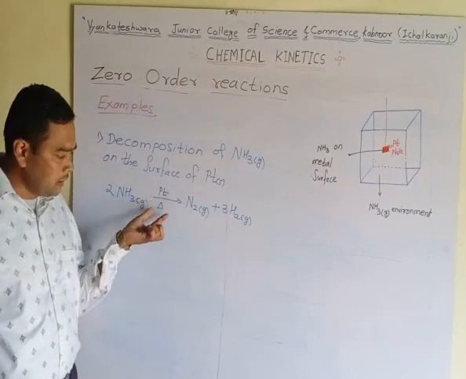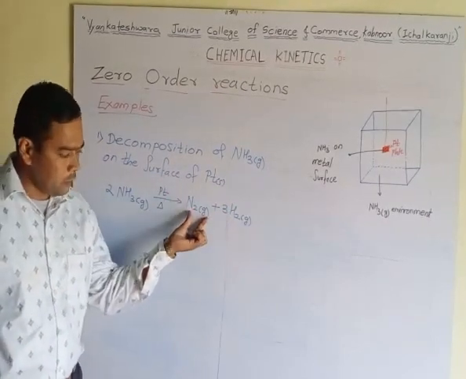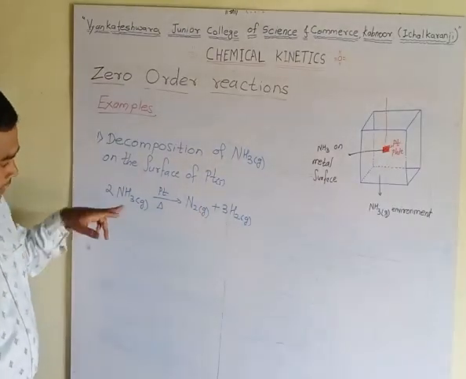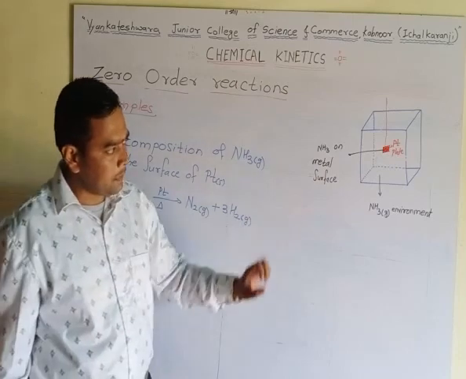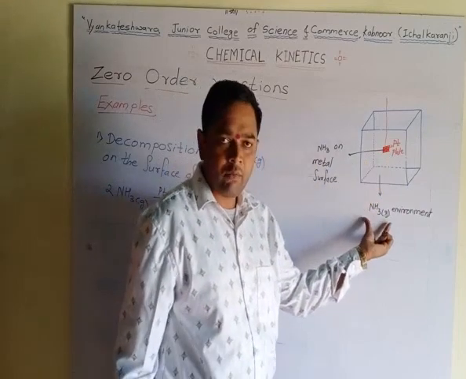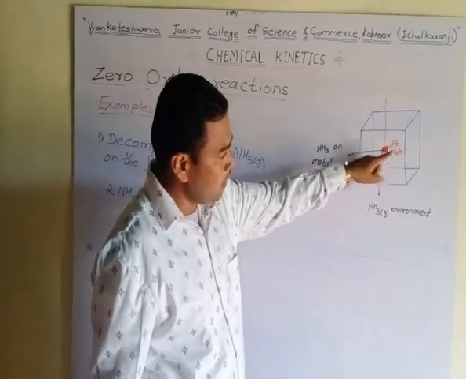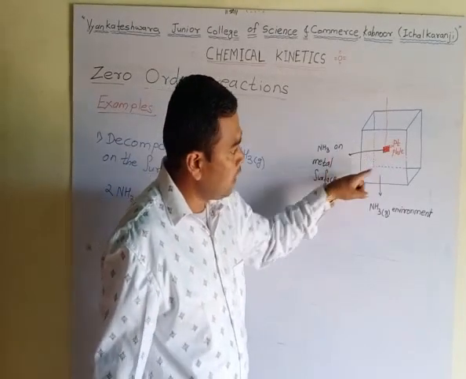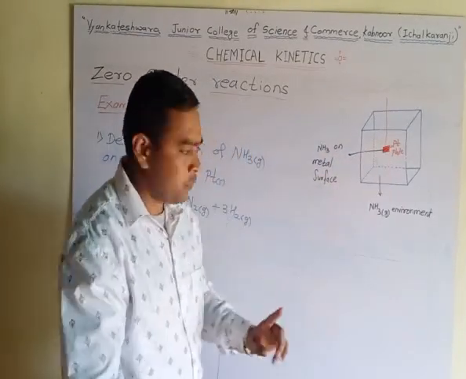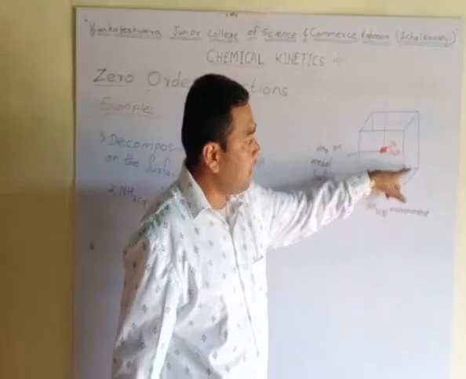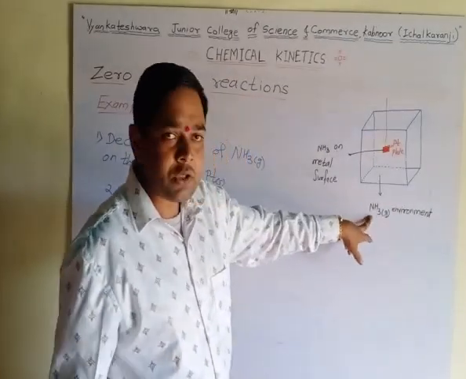Ammonia decomposes at a higher temperature on the surface of platinum. It forms N2 gas, nitrogen gas molecules, as well as hydrogen gas molecules. This can be shown by this experiment. In this covered cube, inside the environment of ammonia, one platinum plate is placed, which is connected to a platinum wire. The molecules present on the surface of the platinum decompose into nitrogen and hydrogen gases, but this environment has a larger concentration of ammonia.